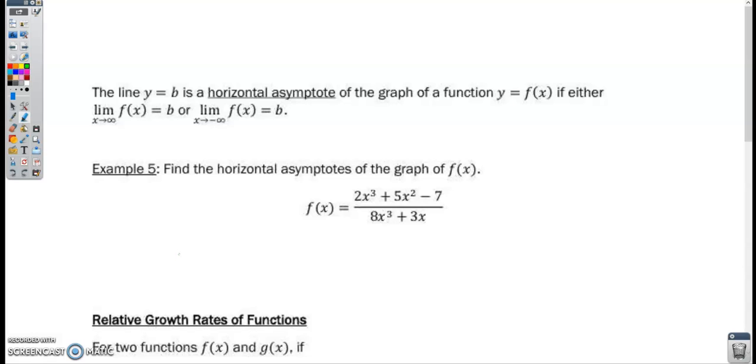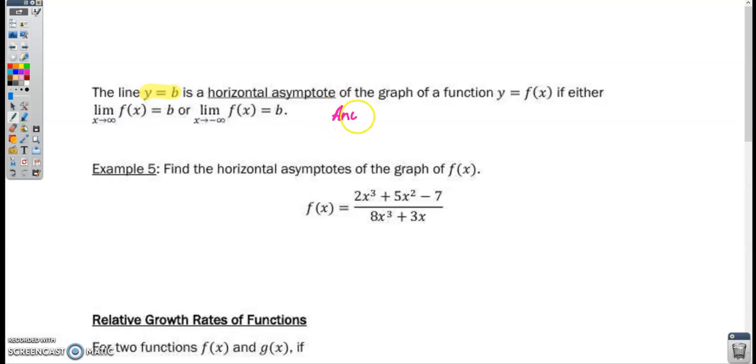And here we have a strict mathematical calculus-based definition of what a horizontal asymptote is. The line y equals b is a horizontal asymptote of the graph of a function y equals f of x if either the limit as x approaches infinity of f of x equals b, or the limit as x approaches negative infinity of f of x equals b. The way this is defined does have some meaningful implications for us,